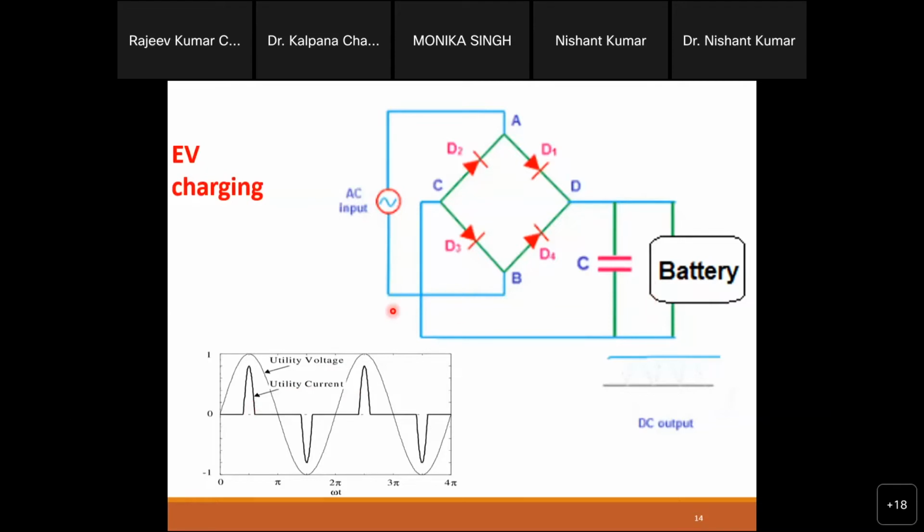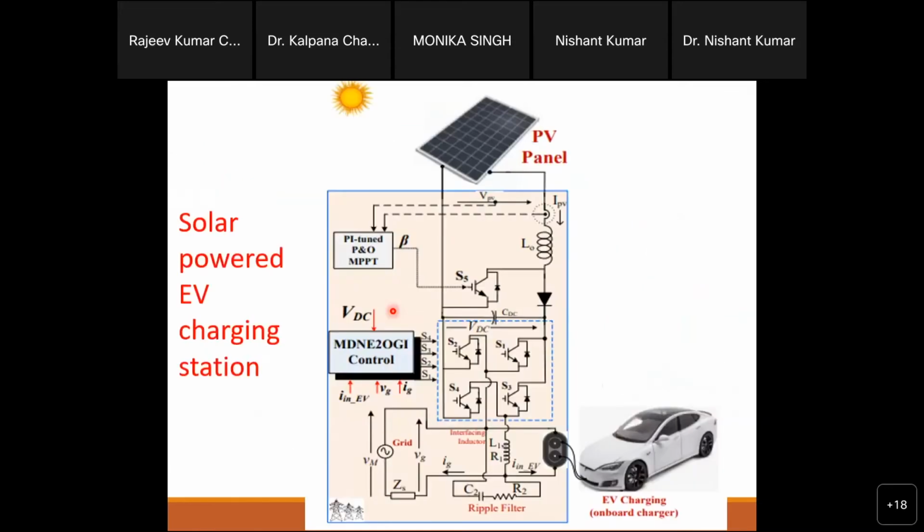So as a PV operator, or as a plant, we can take care of those things, and we can support the grid to handle those types of nonlinearity. So that is the way, that is the target.